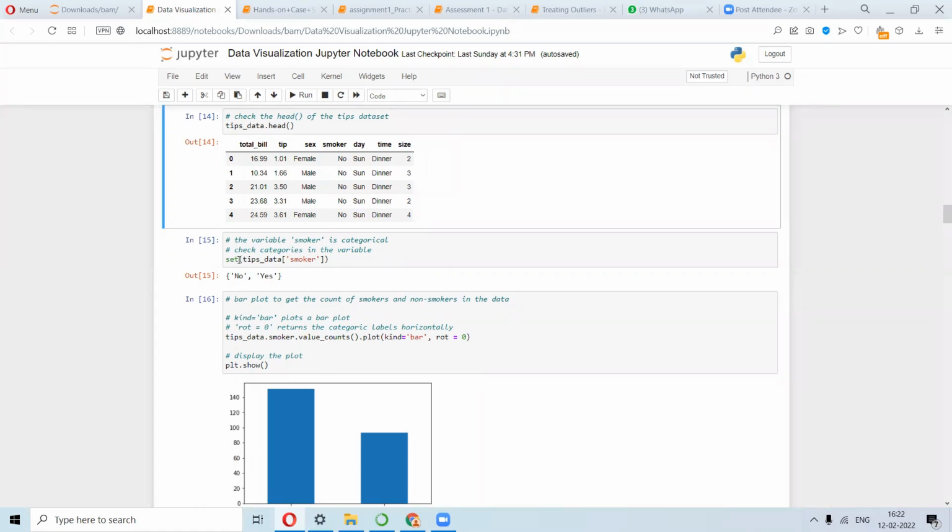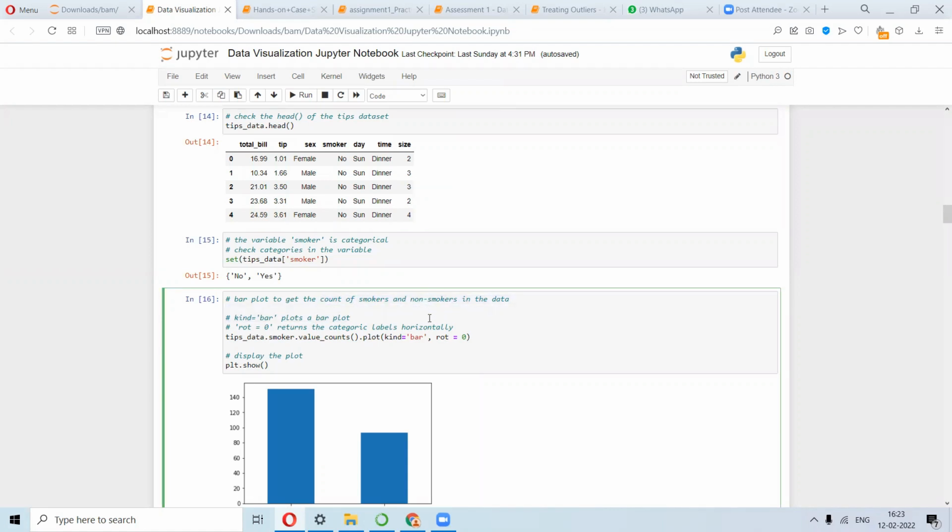We are defining this as a set from the tips data for the smoker column, no and yes, and this is what we are trying to see. Of course the bar graph gives you the count of your attribute, so basically it works as count data. So kind is equal to bar, because we are looking at a bar plot, and this returns the categorical labels horizontally, rot equal to 0, and this is the command.